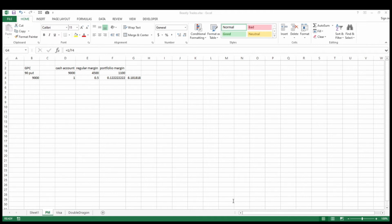I was busy trying to just manage my existing positions, and I really wish I had more cash freed up at the time, because you have almost the best of all types of scenarios. You have high volatility, right? VIX was above 80 at one point, and you had low stock prices. So that would have been one of the best times to use a little bit of leverage, because you have